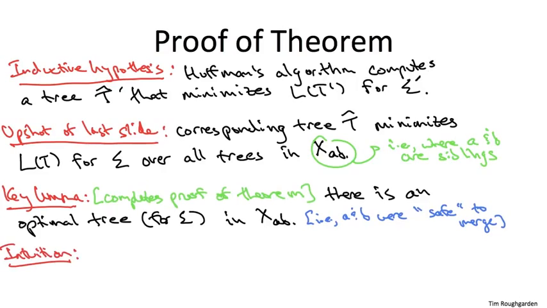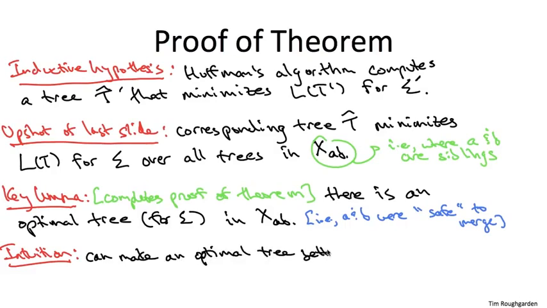orient you and develop your intuition about why you'd hope this key lemma would be true. The intuition is really the same as when we developed the greedy algorithm in the first place. Namely, which symbols do you want to incur the longest encoding lengths? Well, you want them to be the lowest frequency symbols, since you want to minimize the average. So if you look at any old tree, there's going to be some bottommost layer, some deepest possible leaves, and you really hope that A and B, the lowest frequency leaves, are going to be in that lowest level. Now, they might both be in the lowest level and might not be siblings, but